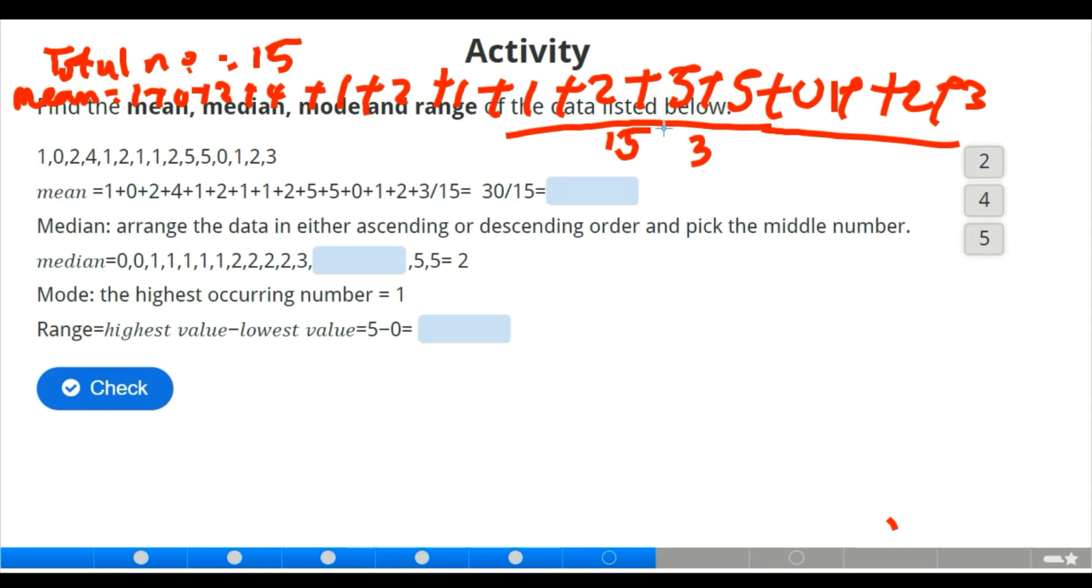By the time we add it together, that is 1 plus 0 plus 2 plus 4 plus 2, until we get to 3, which gives us 30. So we have 30 divided by what? 15. How many times can 15 go into 30? That is 2. So that implies that the mean of this data set